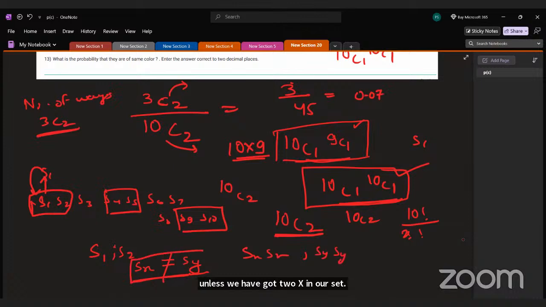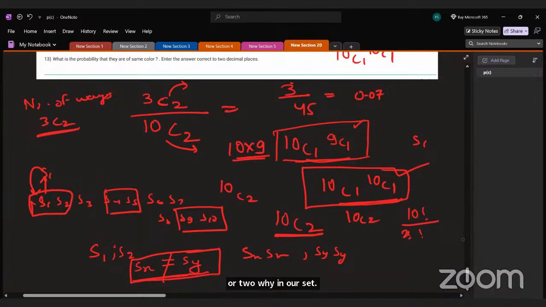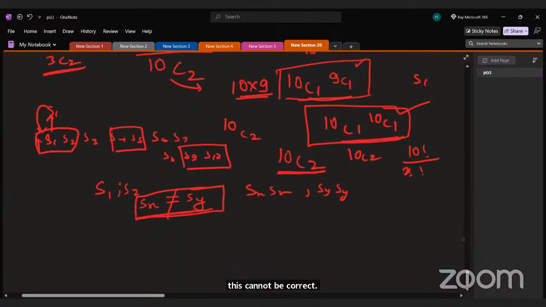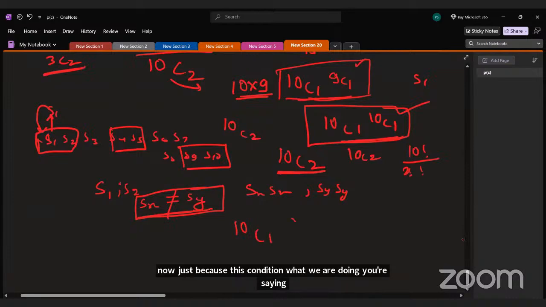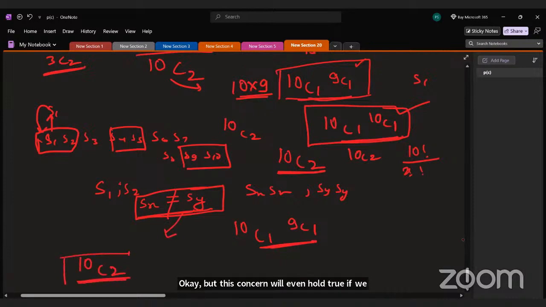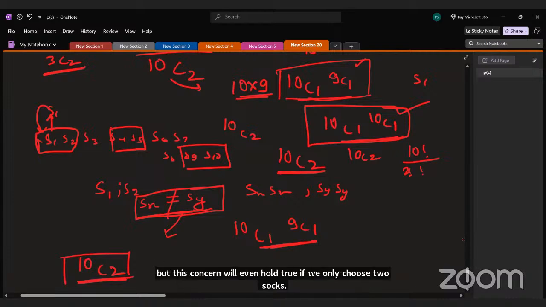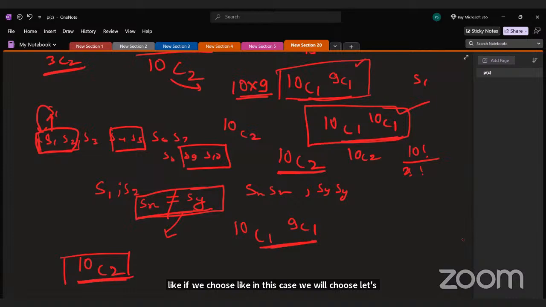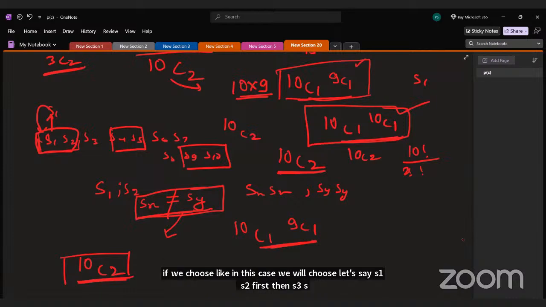This cannot be correct. Yes, sir. Now, just because of this condition, we are saying we'll choose one sock first and then I will choose another sock. But this condition will even hold true if we only choose two socks. If we choose two socks at a time, like in this case we will choose, let's say, S1 S2 first, then S3 S4. In one case we'll choose S1 S2, in another case we choose